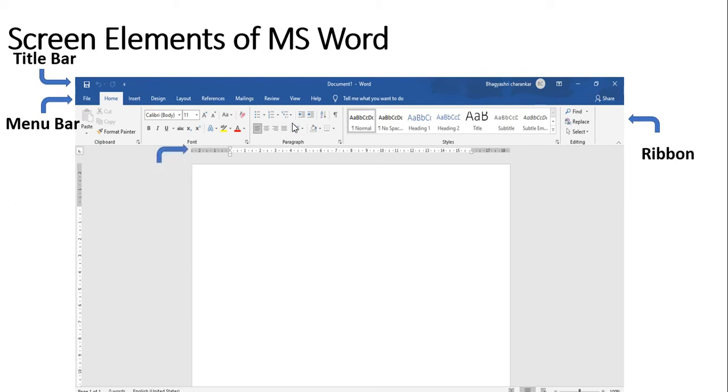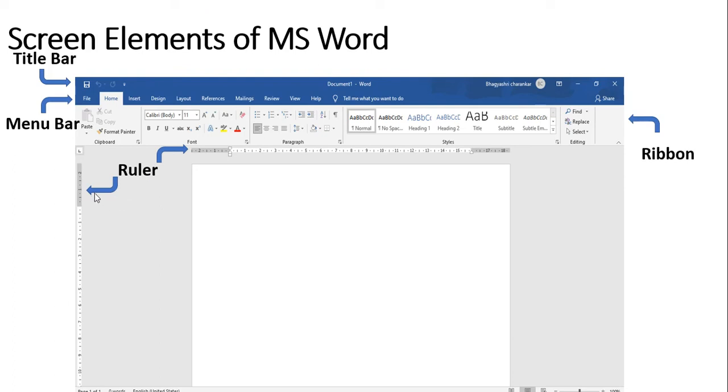The next thing is the ruler. While creating a document, we must use margins and tabs. For margins and tabs, the ruler is the best option, giving us a specific distance or a specific area to be finalized.